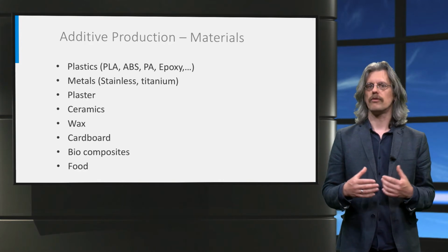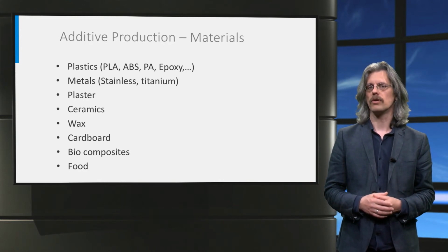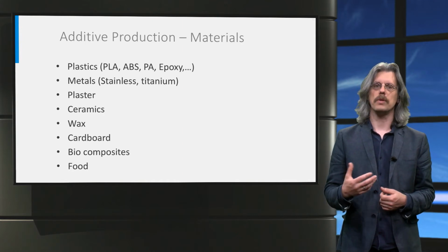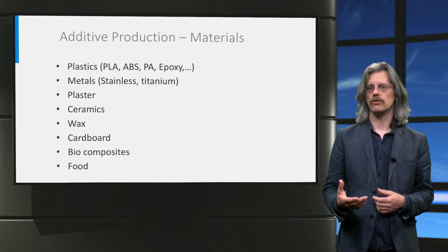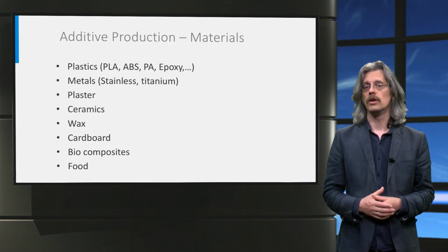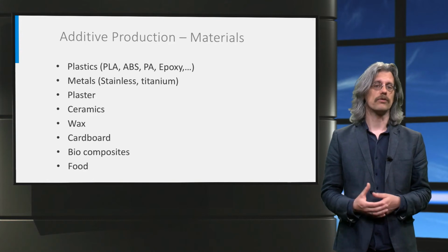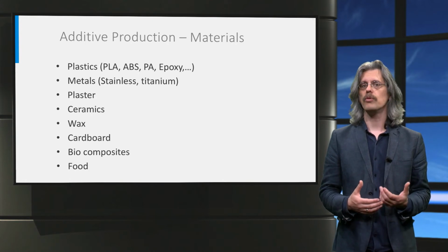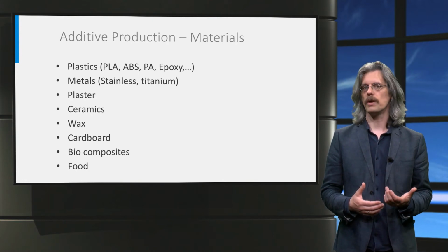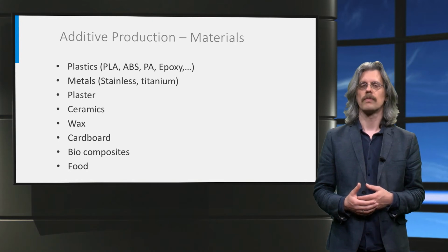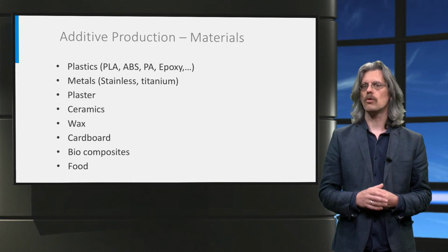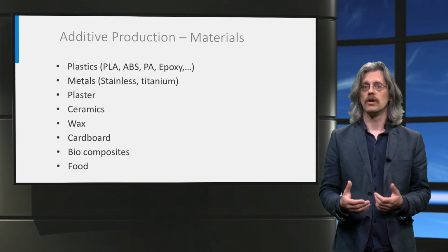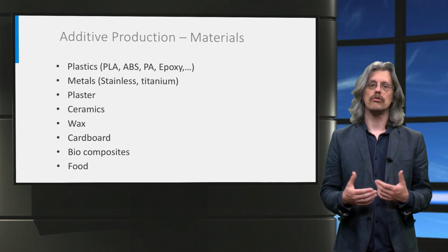As discussed, a variety of materials can be used in additive manufacturing, ranging from well-known plastics such as PLA, ABS, polyamide or nylon, and epoxy-like resins. Metals can be used either directly or through mixing with plastics. And finally, other materials such as ceramics and wax open up applications in, for example, aerospace and jewelry industries. More exotic ones, such as biocomposites for printing organs or food, can use similar techniques, but these are restricted in use due to certification.